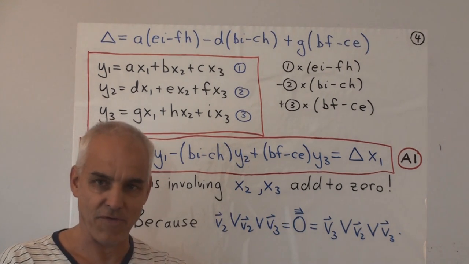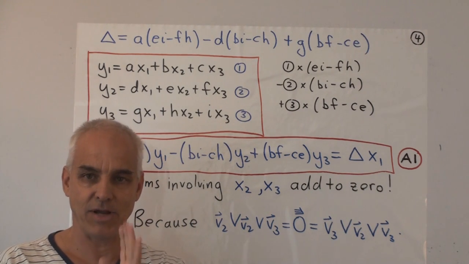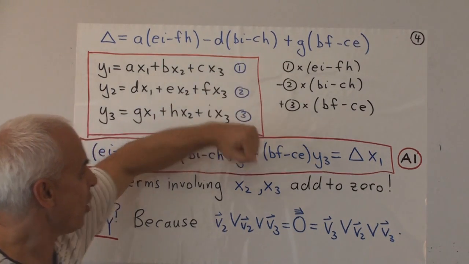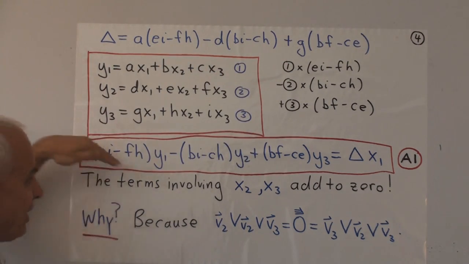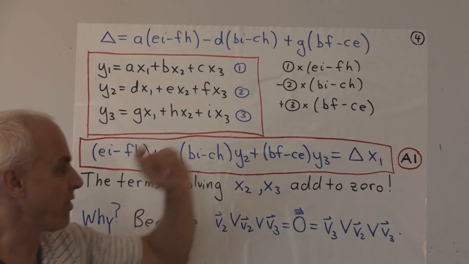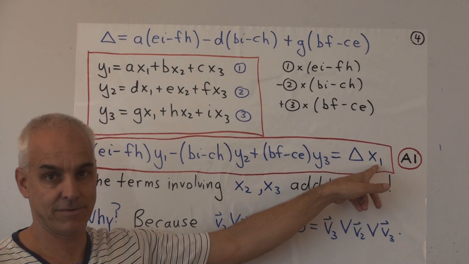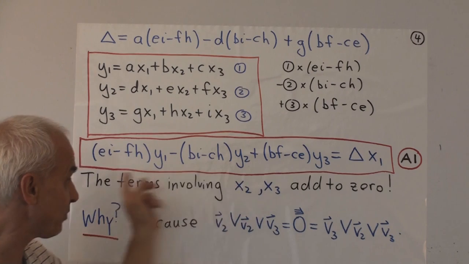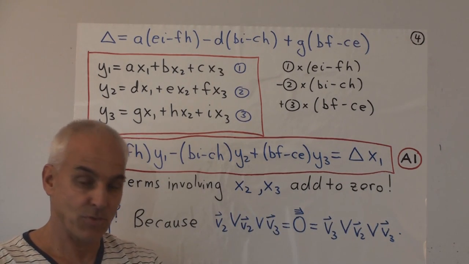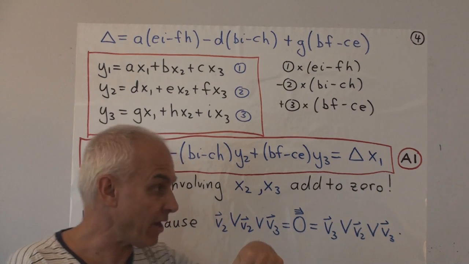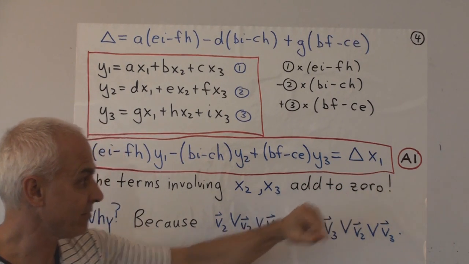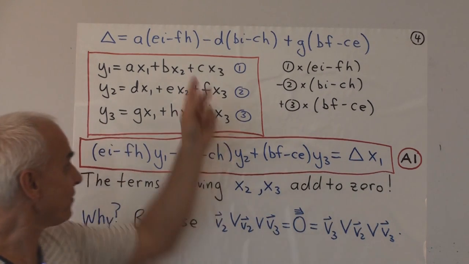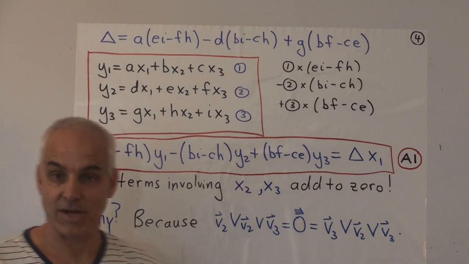You may have to go over that a couple of times, so make sure you understand what I've just said. This particular combination of these 3 basic equations yields a new equation with only x1 on the right hand side. And so basically this solves for us x1, because now it tells us that x1 is this expression divided by delta. So we can also see why the delta becomes the denominator: it's just the coefficient of x1 here. So that was all to find x1. Now we can do exactly the same thing to find x2 and to find x3.